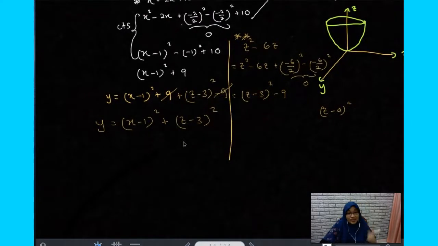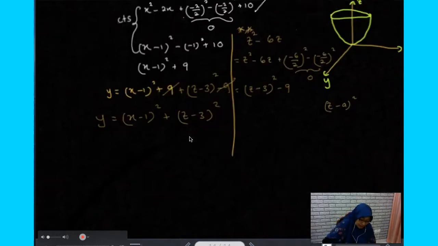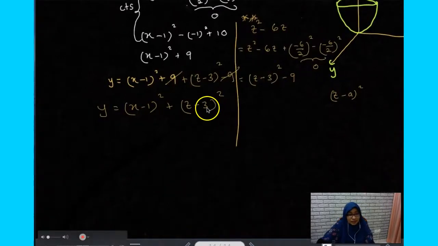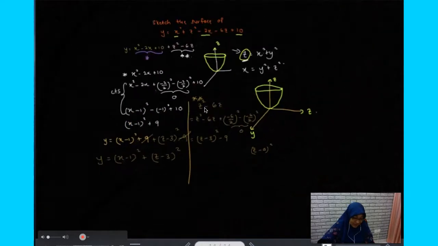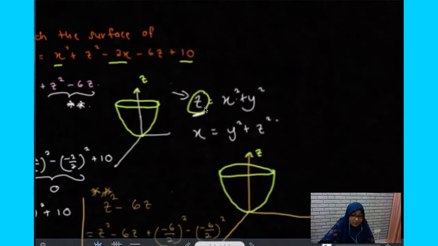Alright, so now you can start to sketch. So now just look at what kind of equation you have, how many variables in total. You got 3, so you have to provide 3 traces. But before we proceed, can we expect what is the surface that we can have, or you should have? Again, refer back to my previous